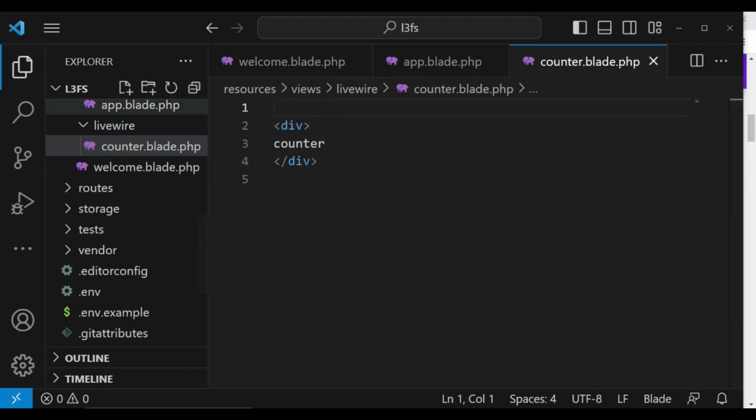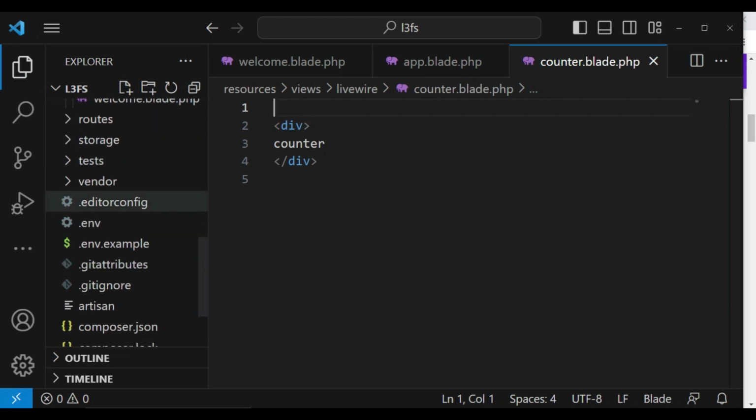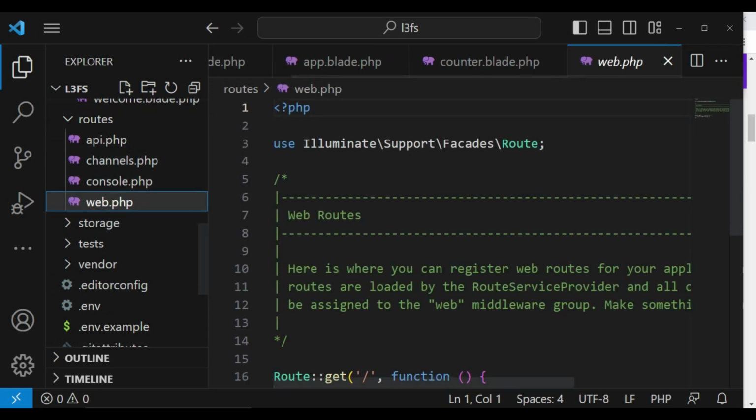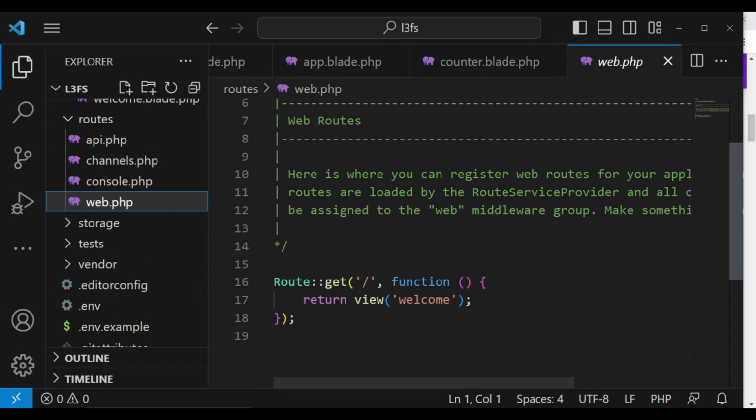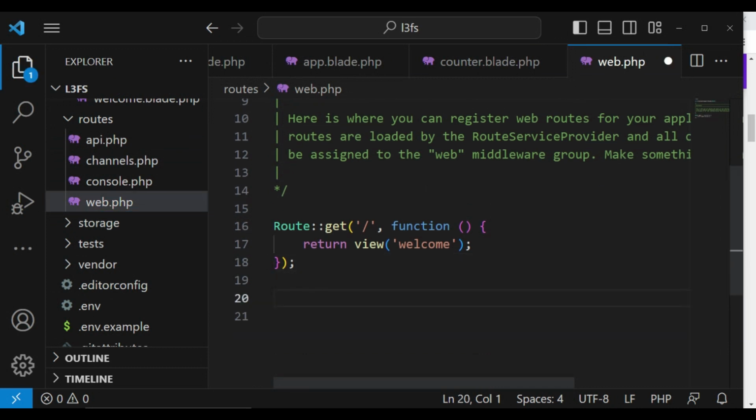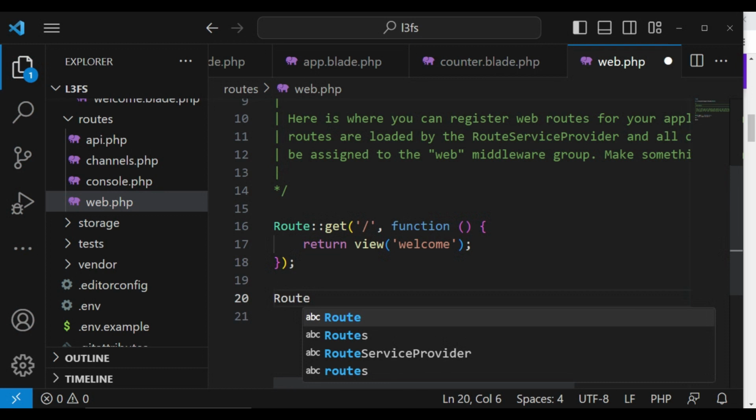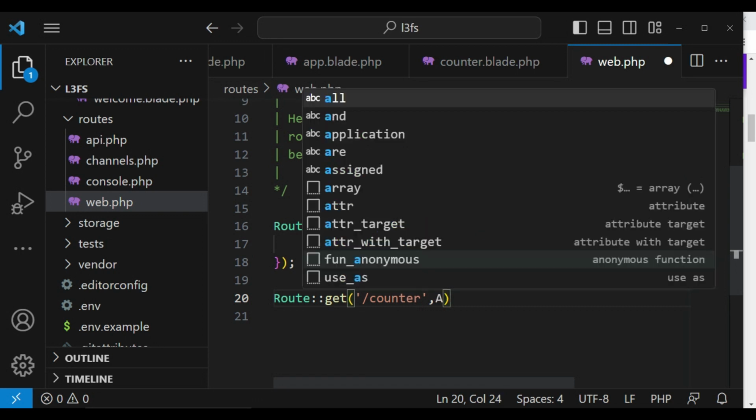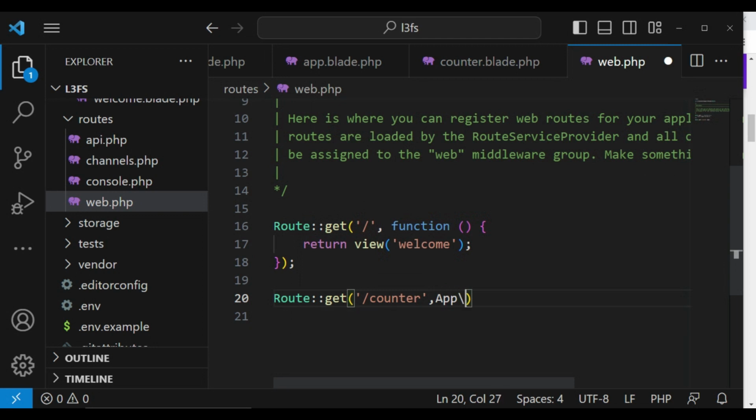Now what we need to do is to create for ourselves a route that will be able to load this counter. And what we are going to do, we are going to have a route here. I want it to be a get route. So route get, let us call it counter. And now instead of loading the way we usually load the controller, we can just load our Livewire class. So we can do app Livewire and then counter